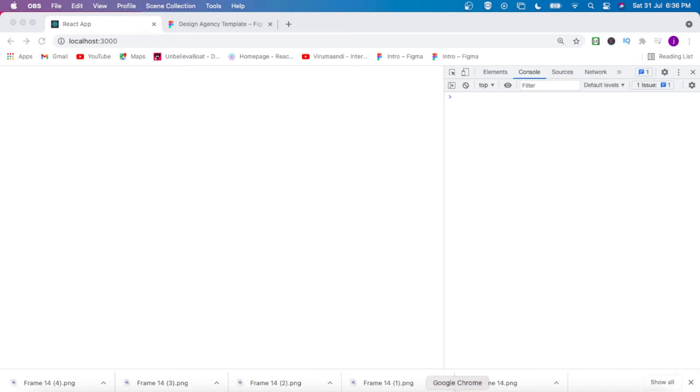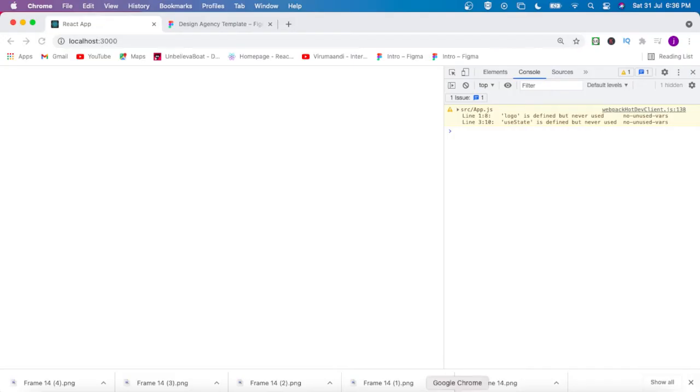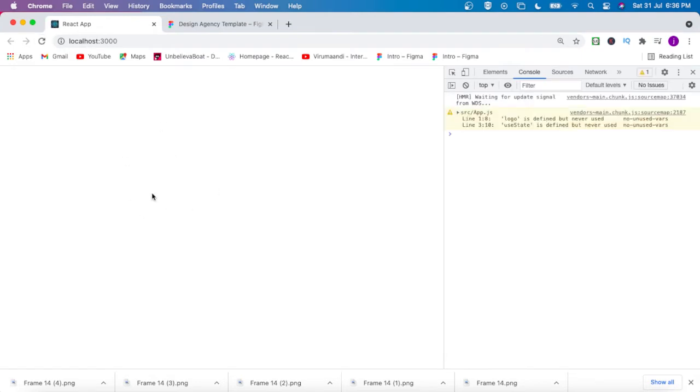So in this lecture, we are going to deal with the array using useState. We have discussed how to deal with the boolean, string, and object in the last section. Now we are going to deal with how to manage an array using useState. For that, I have created a sample React.js project. I have removed all the default code. Then if I refresh, I can see my canvas here.